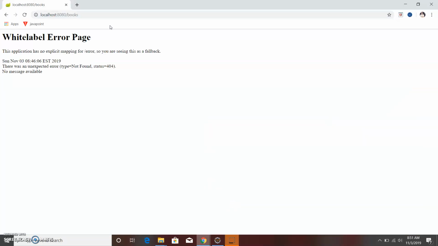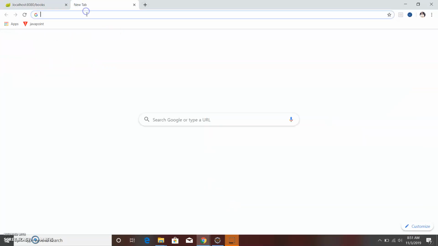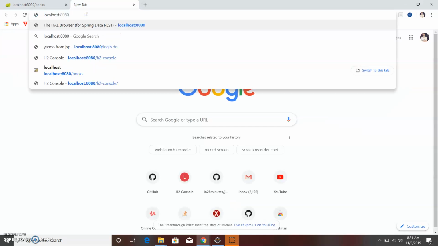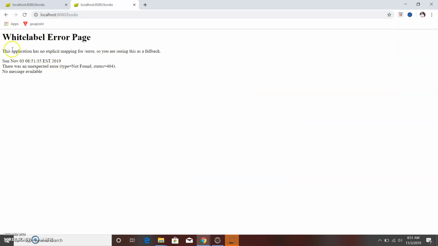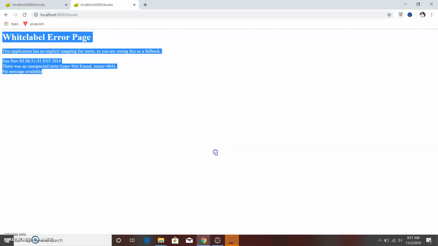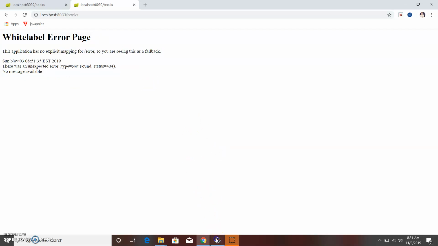Let's go to the browser and type in localhost 8080/books. So there you go, it shows a white label error page. So we are solving this here right now. So let's go to the Eclipse,